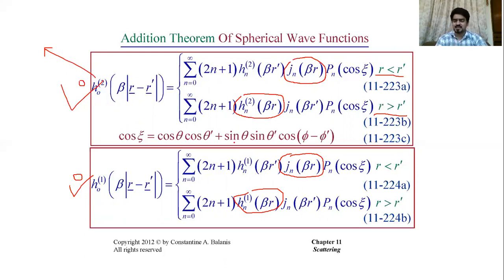For our problem, we are going to discuss scattering. For the scattering, we know that waves are going to move away. They are going to travel away, they are going to leave the origin in the radial direction. As a result, we use the Hankel function of the second kind. Here we are going to use the spherical Hankel function of the second kind.